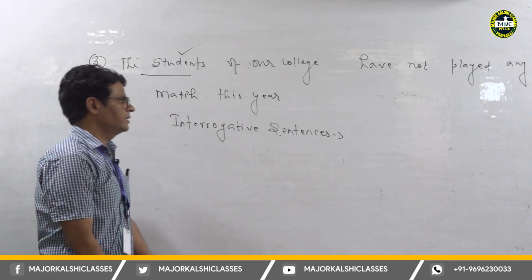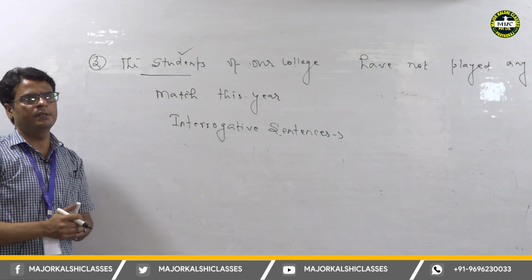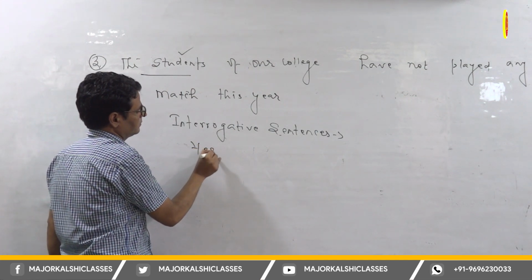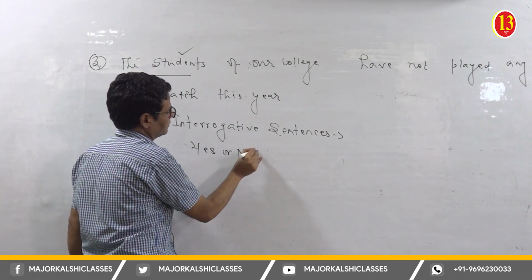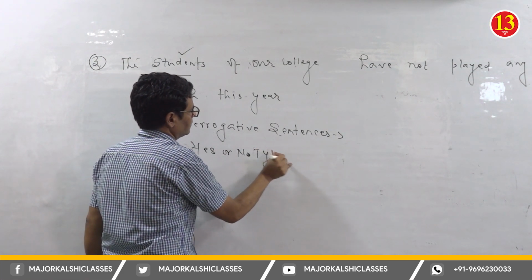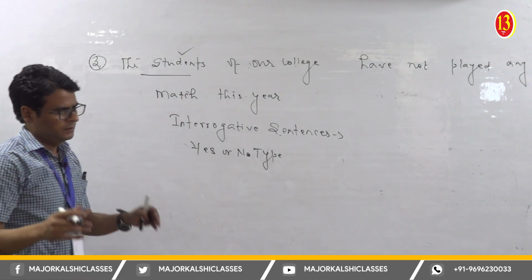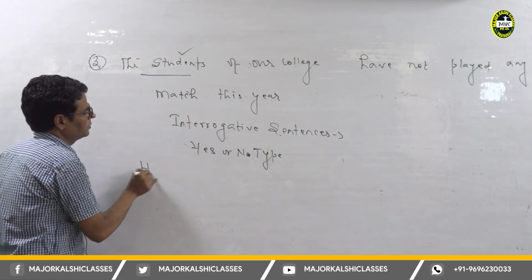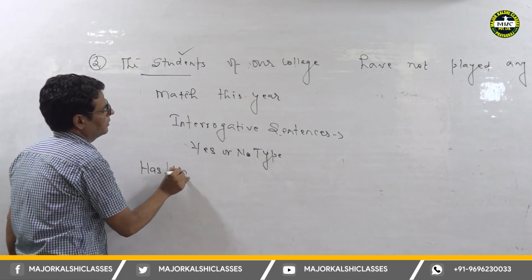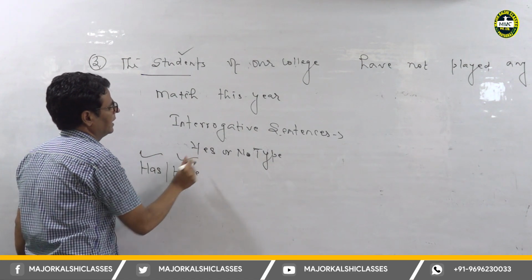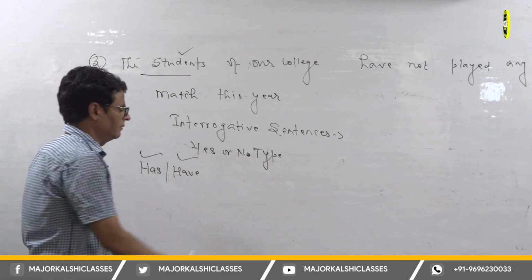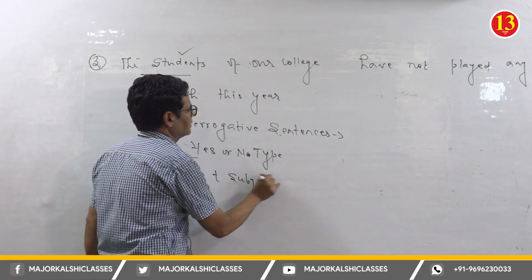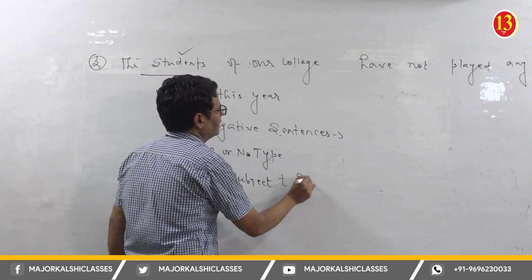In interrogative sentences, first of all we have to take the yes or no type interrogative. In yes or no type, first of all we have to use an auxiliary. In present perfect tense we have two auxiliaries. First of all we have to take has or have, with singular has and with plural have, and after that we have to use the subject, and after that if you find not,